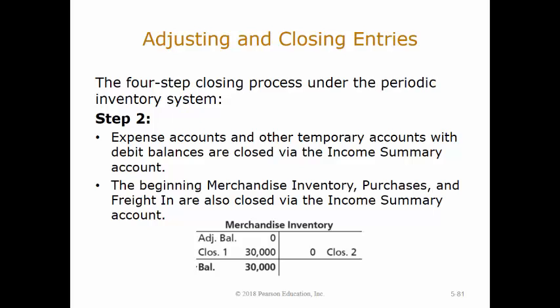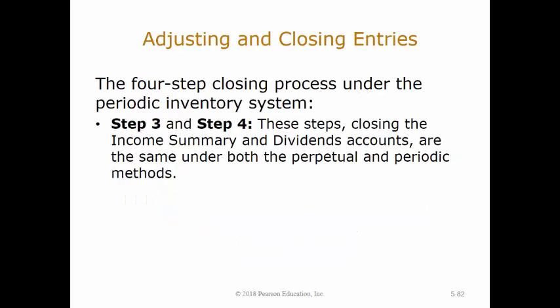The key difference in the closing process under the periodic inventory system is how merchandise inventory is handled. In the periodic inventory system, the ending merchandise inventory balance must be recorded as a debit during closing, and the beginning merchandise inventory balance must be recorded as a credit during closing. The additional purchases and related contra and adjunct accounts must also be closed. Steps 3 and 4, closing the income summary and dividends accounts, are the same under both the perpetual and periodic methods. This is the conclusion of the presentation for Chapter